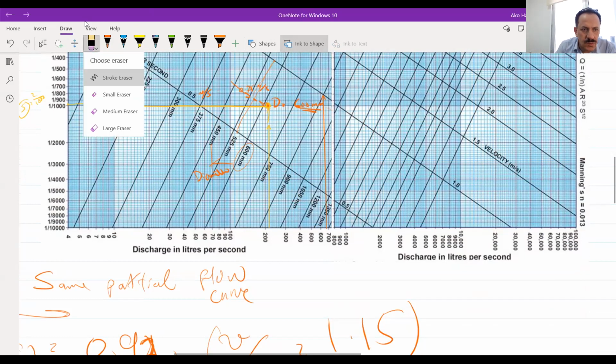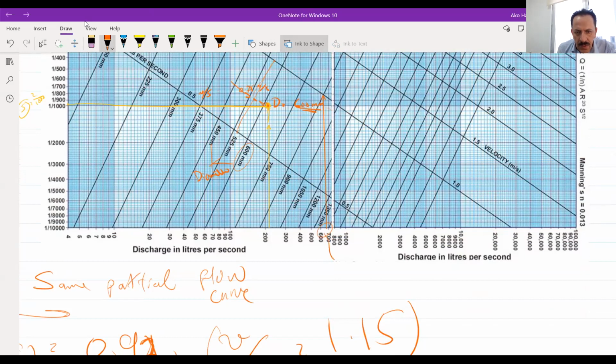This is the Q. The Q here is equal to 652 liters per second. This is the full capacity of the pipe. And here's the velocity. Look at the velocities. This is the line of the velocity. Now here you should see with which diameter it will give you. This is one of the things that I'm looking for, 750, 900.